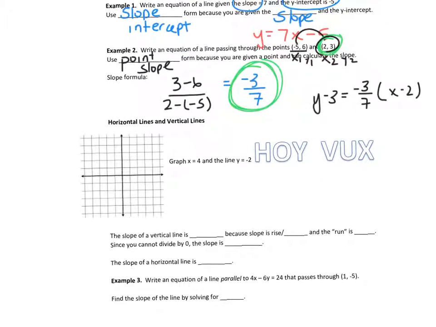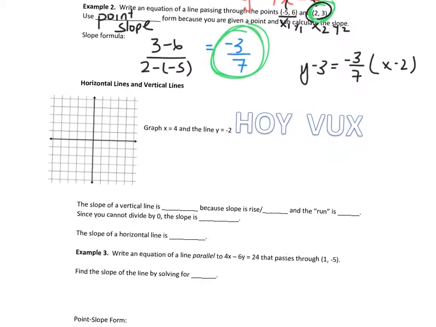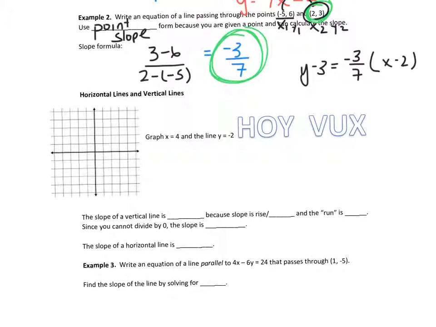Special types of lines are horizontal and vertical lines. So I remember to use horizontal and vertical lines with HOY VUX. The HOY stands for horizontal. A horizontal line has, the O stands for a slope of 0,